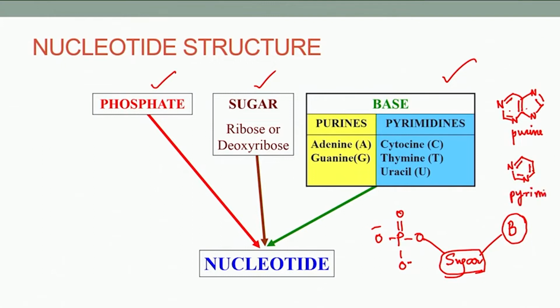So, these are the bases, two of the bases will have this heterocyclic ring, and the other 2 bases have this heterocyclic ring. Now, you will notice there are actually, rather than 4 bases, there are 5 bases, and that is because there is a difference in one of the bases in RNA as compared to the DNA. That means, in